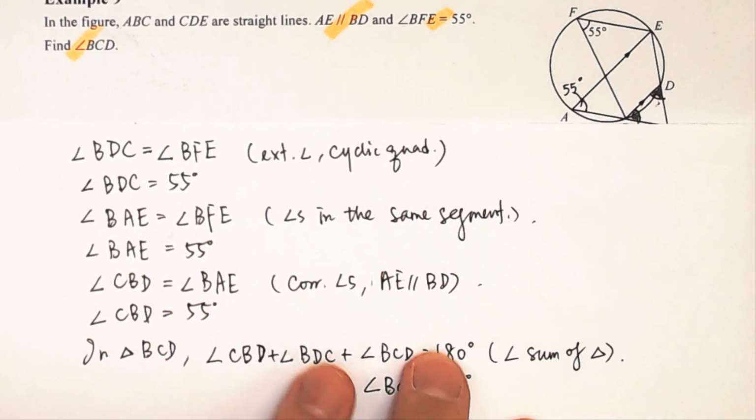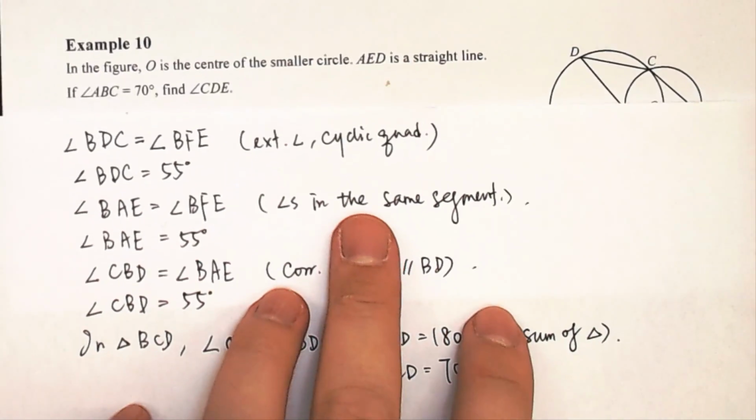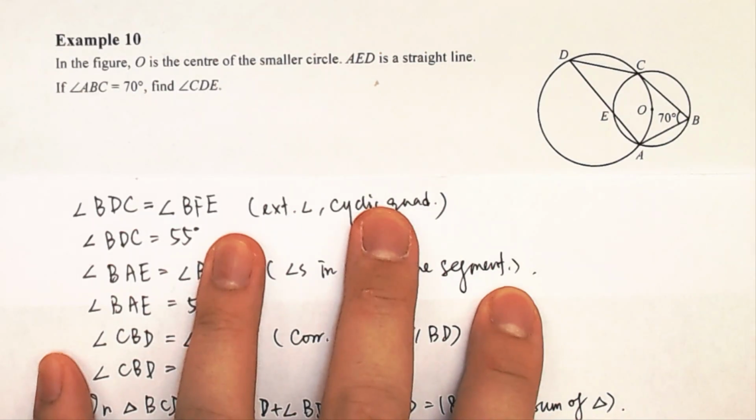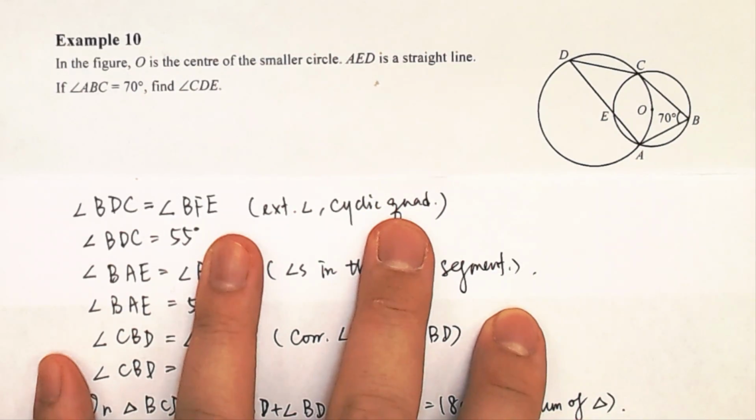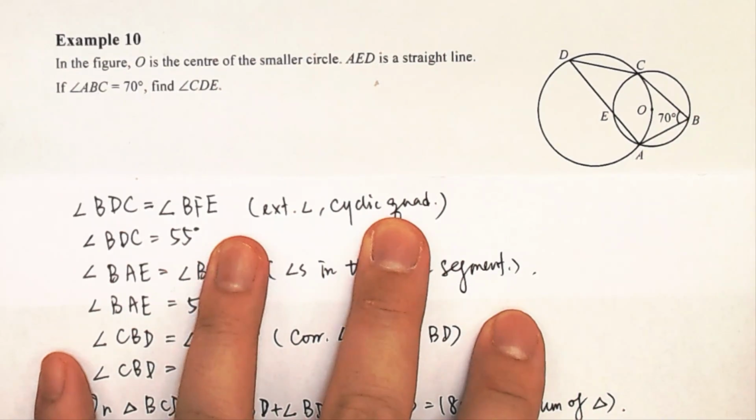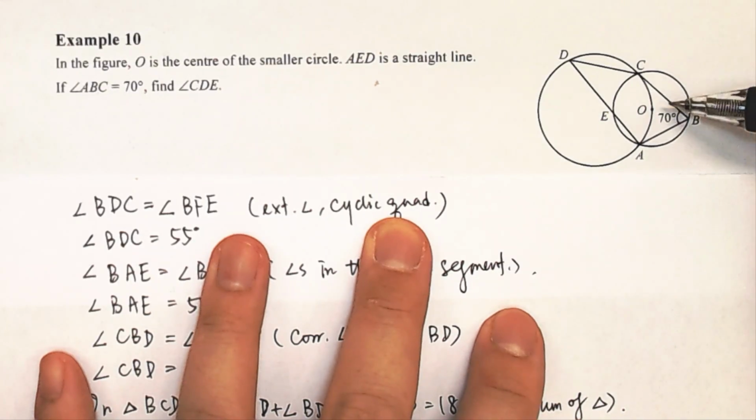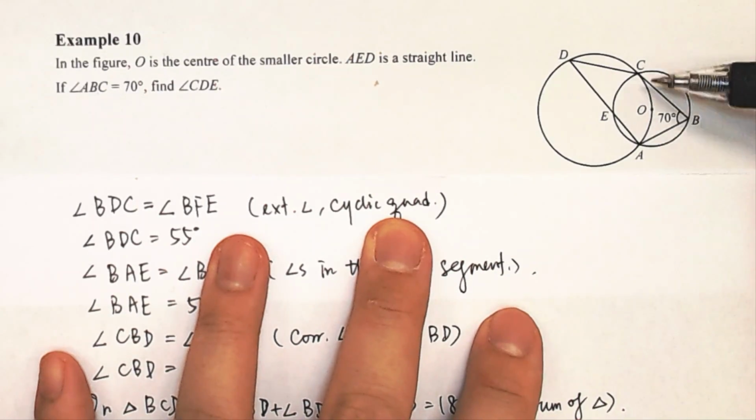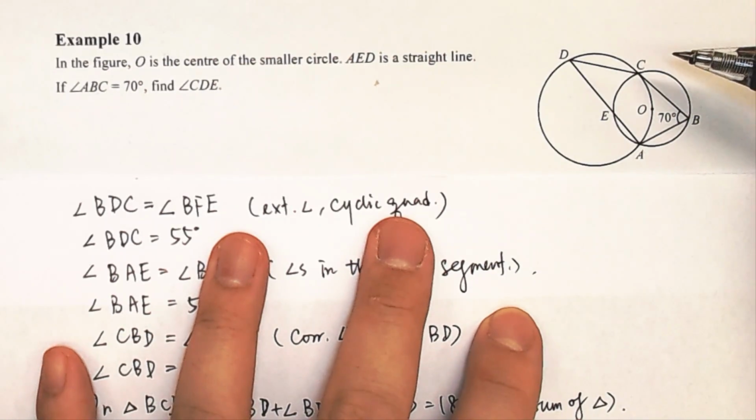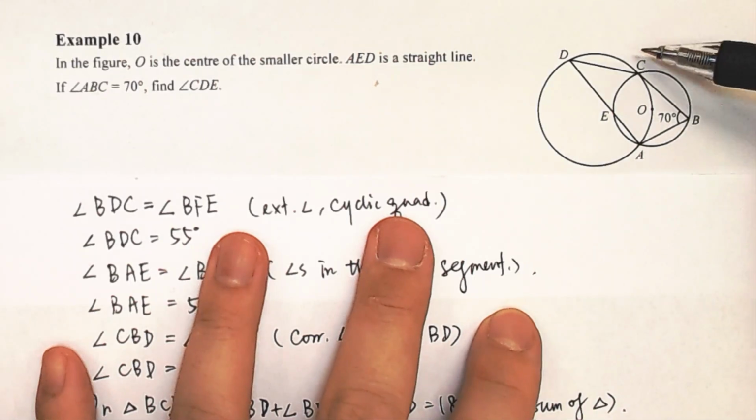Okay, then look at example 10. Example 10 is a question like this, and there are two circles. One circle passes through the center of another circle. And we have 2 points A and C that are common points of the two circles, and we have angle ABC being 70 degrees. And be very careful with the property that one of the circles passes through the center